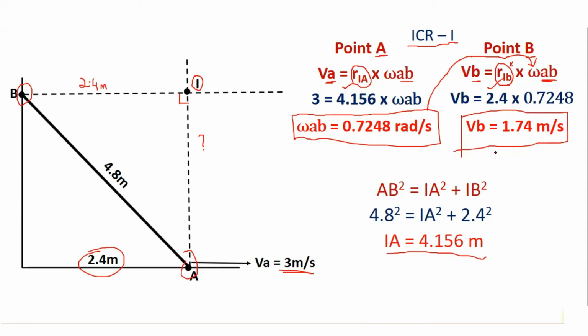So you can see it was a quite simple solution, coming for 4 to 6 marks. What are the steps? Locate ICR, write the points, write the formula, find out the lengths, substitute, get the answer. That's it. Again, I repeat, simple steps. First step, locate ICR. Second step, write the points. Third step, write the formula for velocities. Fourth step, find out various lengths. Fifth step, substitution. That's it. It is as simple as that.